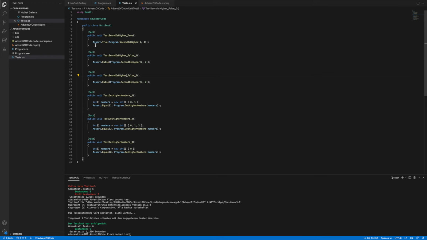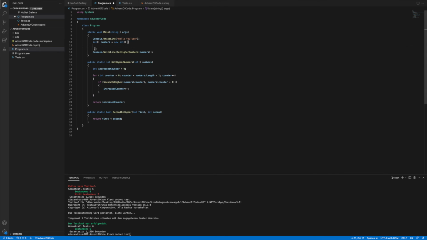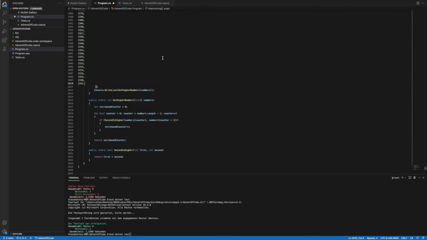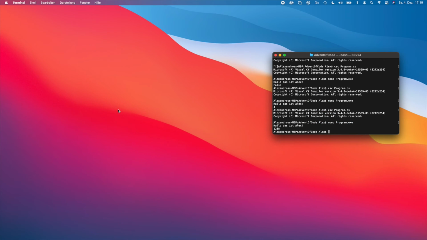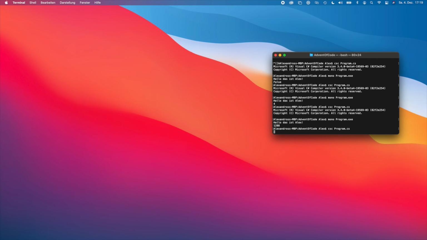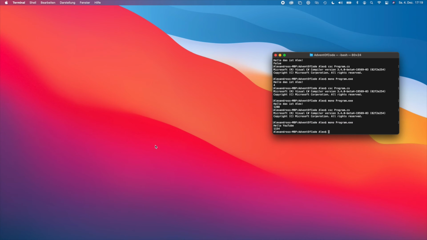I wrote some tests as well. Basically, there are 2 methods I wanted to test: if a second number is higher and how many times the numbers increased. The code itself, it's actually pretty simple. There's an array of integers, a function that checks if the second number is higher than the first one, and a function which iterates over the array, and every time the second number is higher than the first one, increases the counter. Now we can compile the code in the terminal and run it, and our answer is